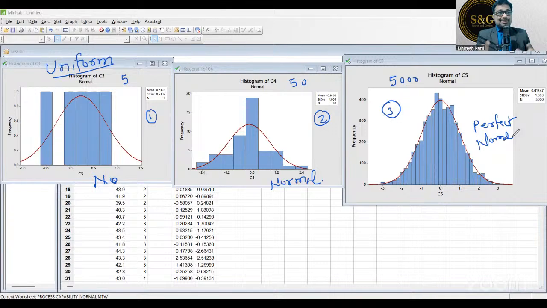Now, just try to understand this. What is the difference between these 3 distributions? It is the number of data points. So what we should learn from here is, as you increase the number of data points in the data set, in your sample, as you increase the sample size,